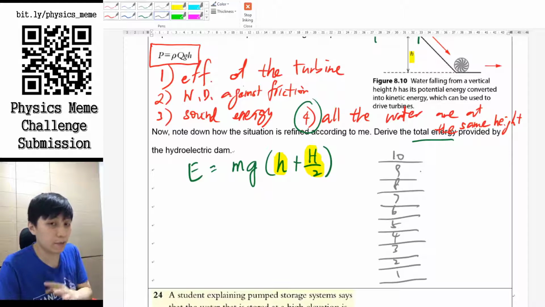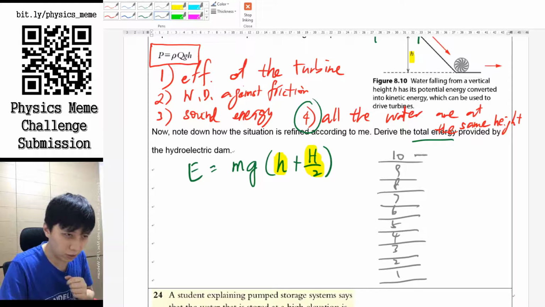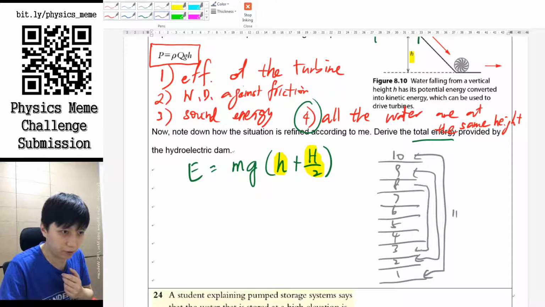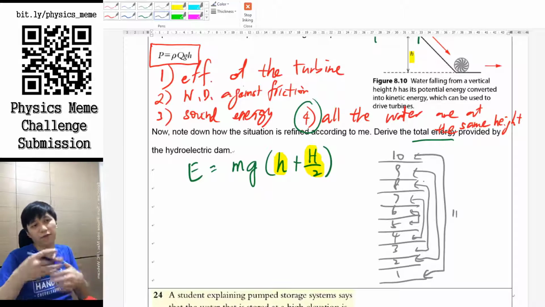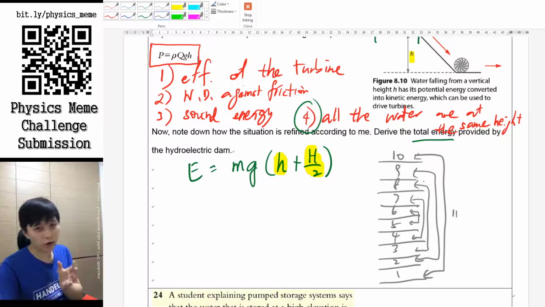Okay. The other approach that you can think of is you can kind of do the matching. So you can match 10 with 1. That gives you 11 in total. 9 plus 2, that also gives you 11. 8 plus 3, and so on. All right, 7 and 4, 6 and 5. Then you can kind of get the average out of it. A bit similar to if you heard about how